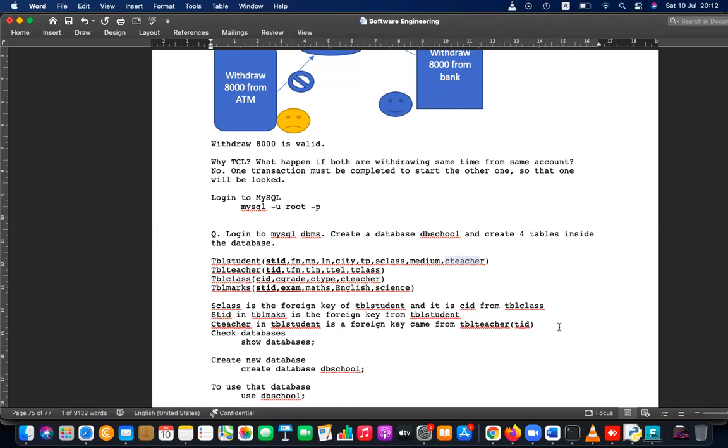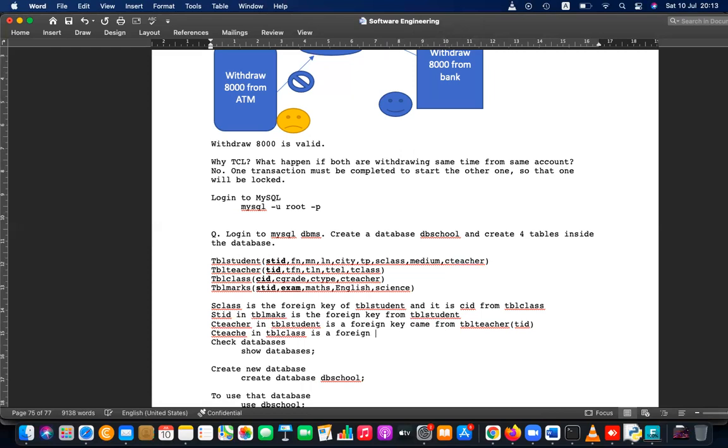Okay. Another one. C teacher in TBL class is a foreign key from TBL teacher.